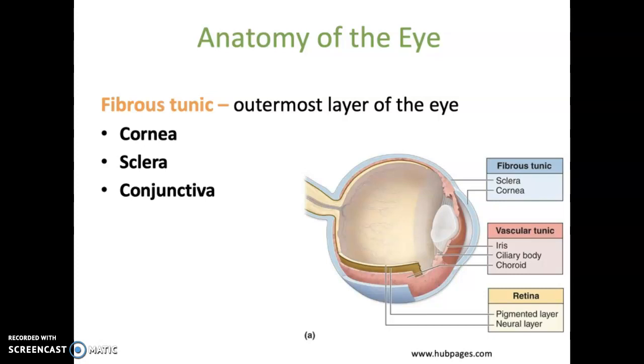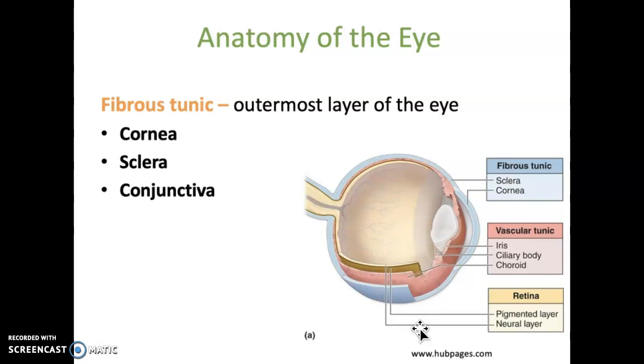The outermost layer is called the fibrous tunic, and it consists of 3 different structures. The cornea is the clear outer covering just on the anterior portion of the eye. The sclera is the white part of the eye that surrounds the majority of the eye. It's shown in the light blue color on the PowerPoint. And the conjunctiva. This refers to the mucous membranes that cover the outer surface of the eye, and they also